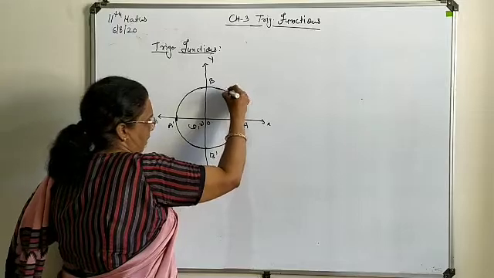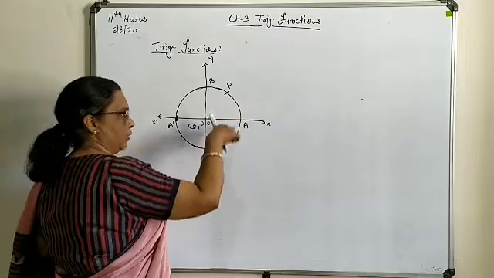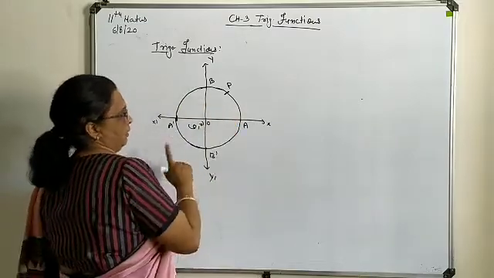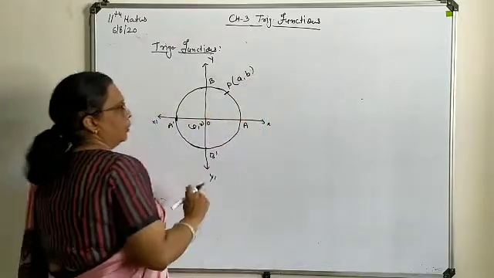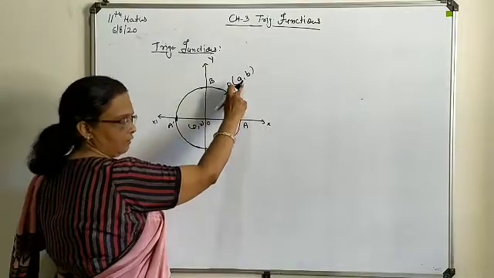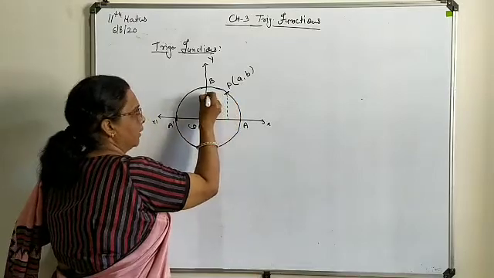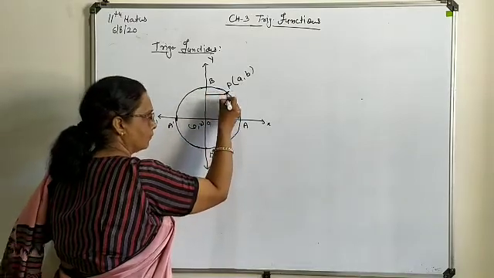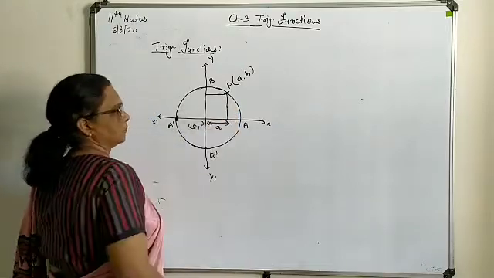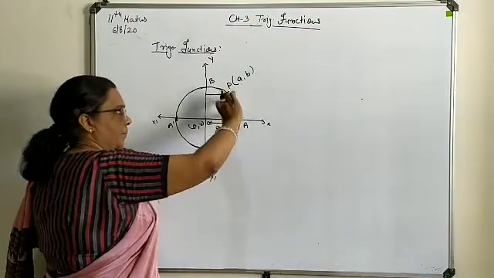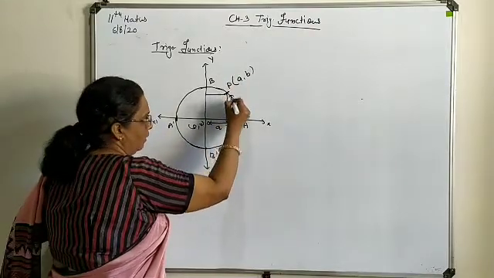Here we are going to describe any point P on this section area, or you can say on the circumference of the circle. Now this point P we describe as A and B. Normally you know that your first coordinate refers to the x-axis. So if you make perpendiculars over here, A means how much it covers on the x-axis, meaning this length. B means how much it covers perpendicular, meaning the y length.